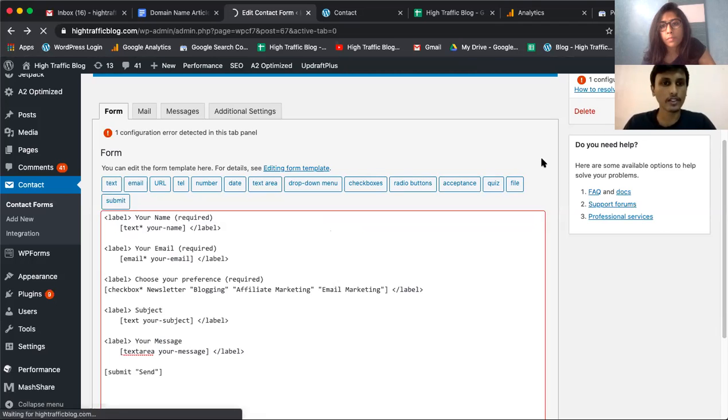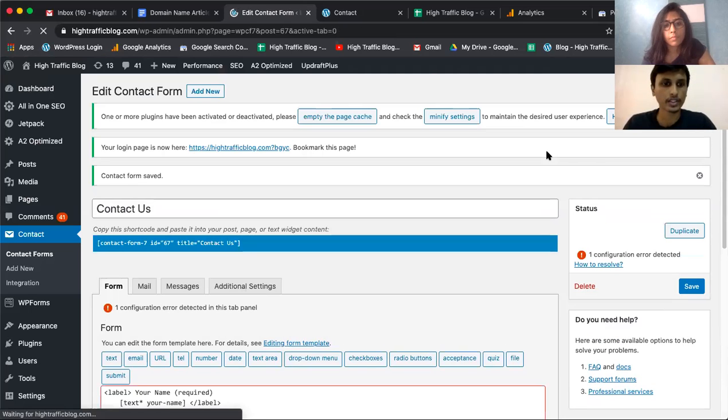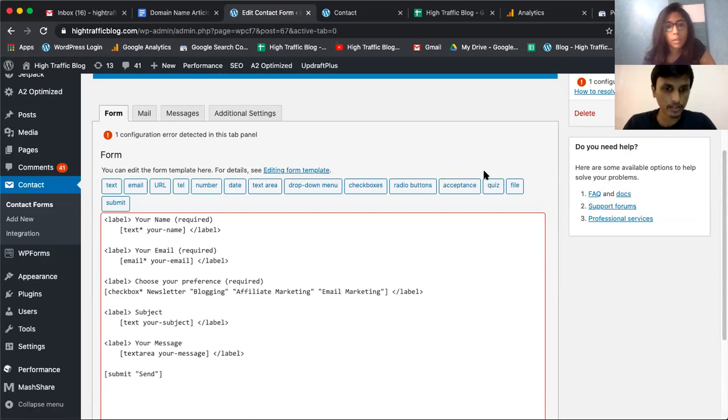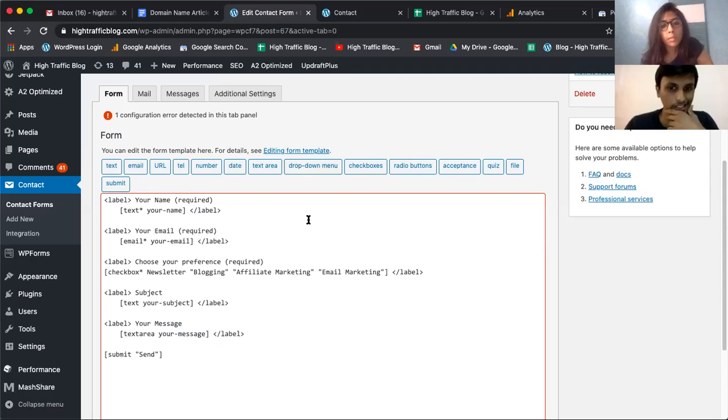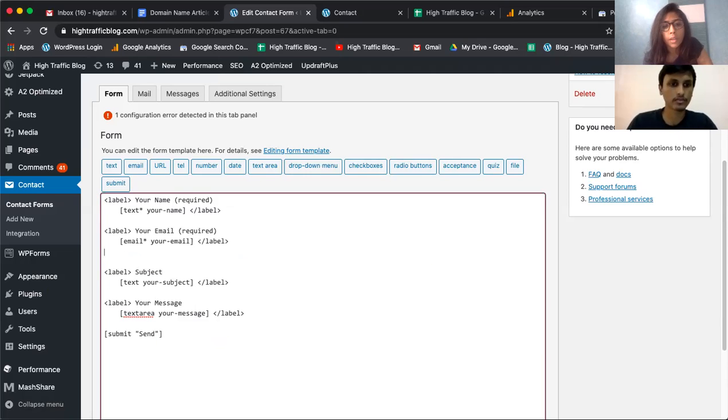Click on save. Let's see if it's working fine. Still detecting an error. So let's do something. Let's just, this entire label bit, maybe we can just add it again because it might be happening because of some of these inverted marks or something. So if we just do it again, I don't think there'll be any error.